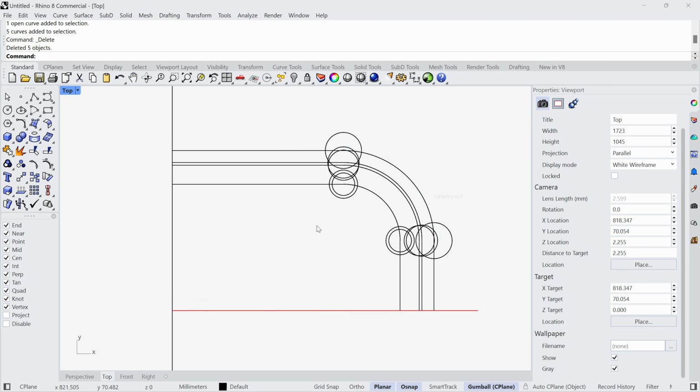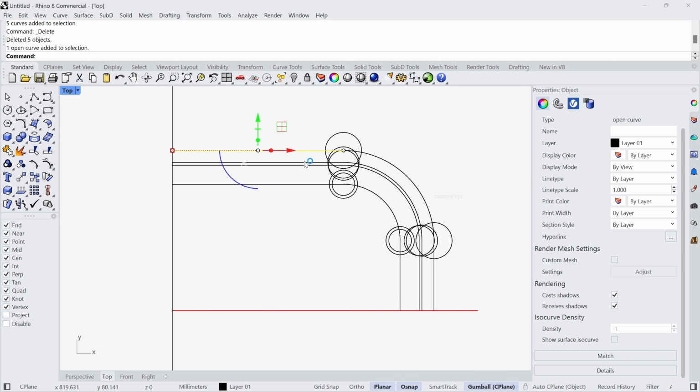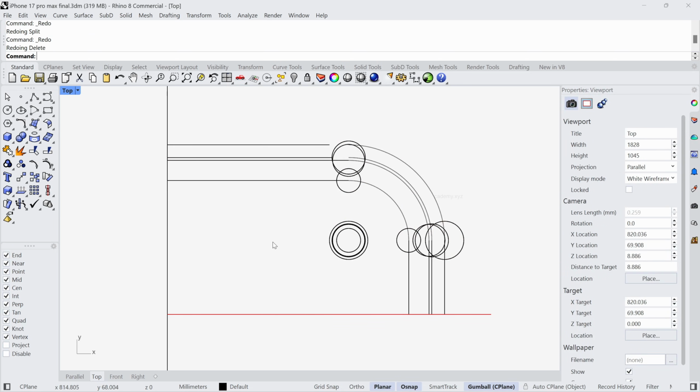Now, once we have these curves, we will get rid of the excess parts that you see here. So these are our final set of curves,